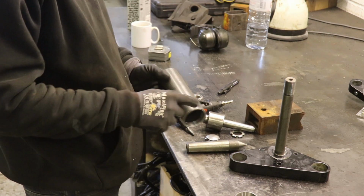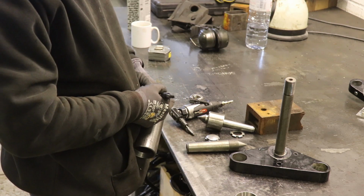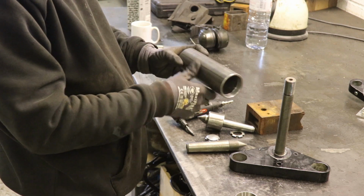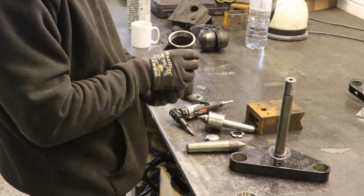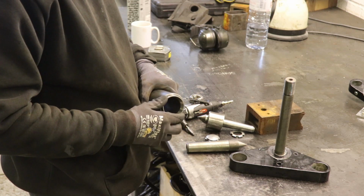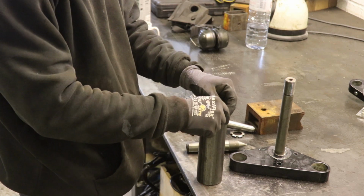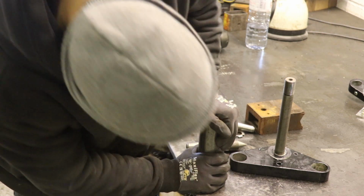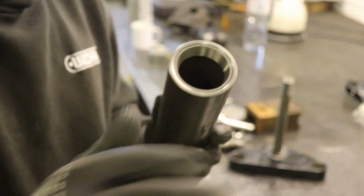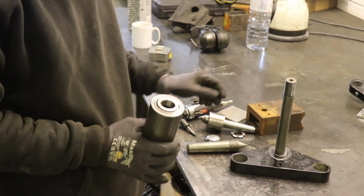Alright, so I want to turn down the diameter of this, from there to there, thin it out a bit. Obviously the tricky thing is being able to hold that to where I can actually work on all that centerpiece. So what I'm going to do is stick the bearing in the end of there, and then I've got a